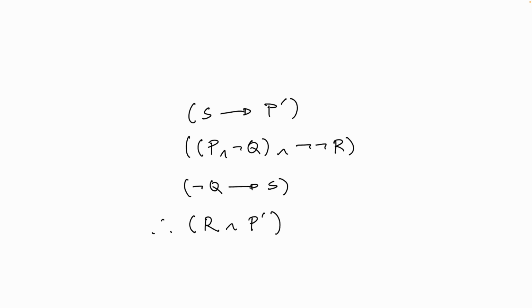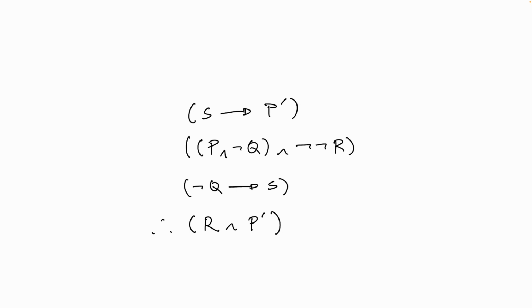Consider this inference. If S, then P prime, P and not Q and not R. If not Q, then S, thus R and P prime. Is this inference valid? We can use a truth table to figure out the answer, but there are 5 different